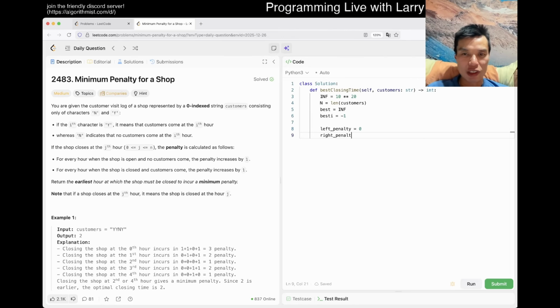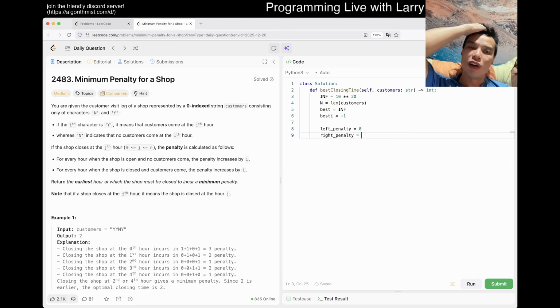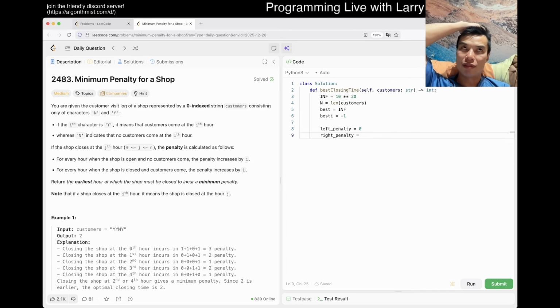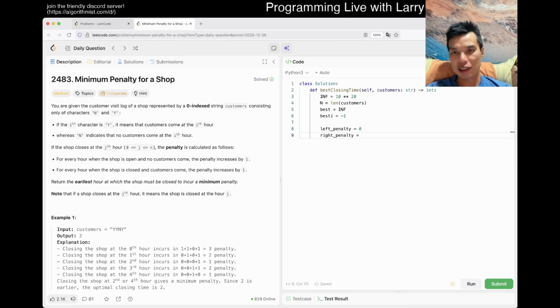Right penalty is going to be, so that means that we closed at before 0, that means that for all the y's there's a penalty, right? Because we're closed at 0, there's going to be customers, so the count of y or something like this, right?